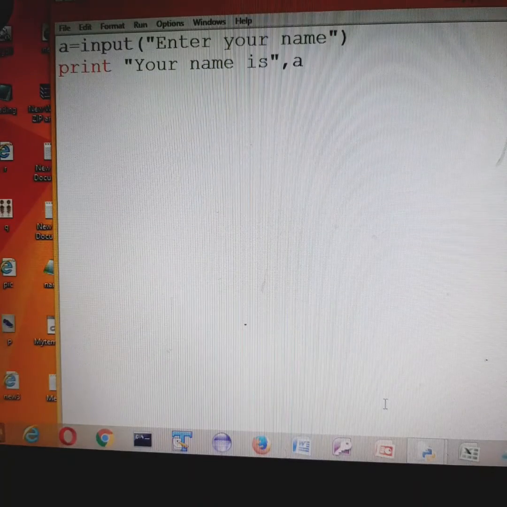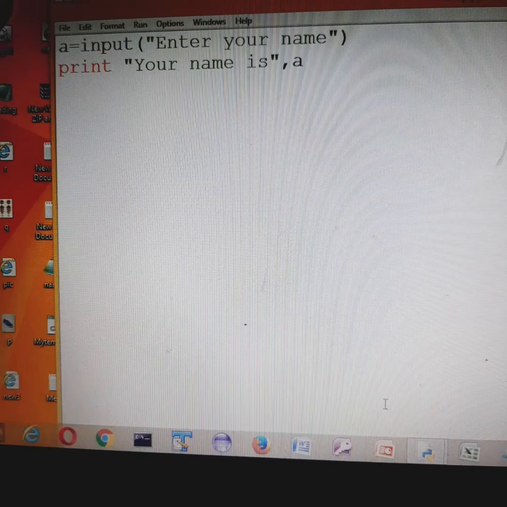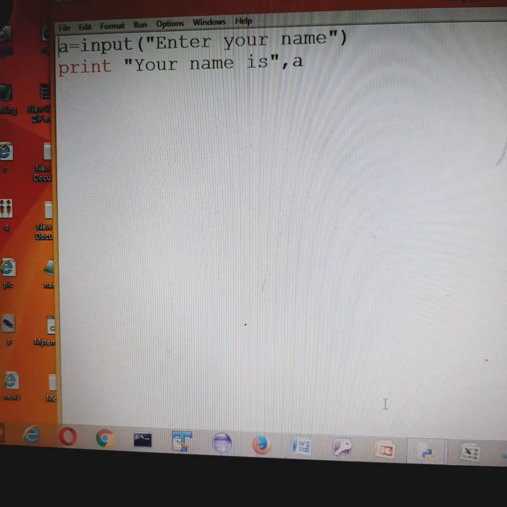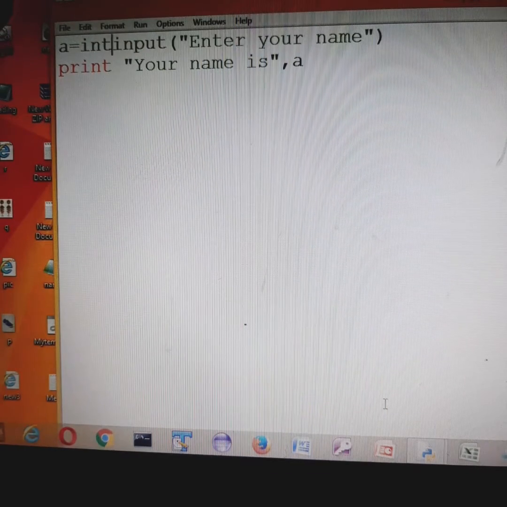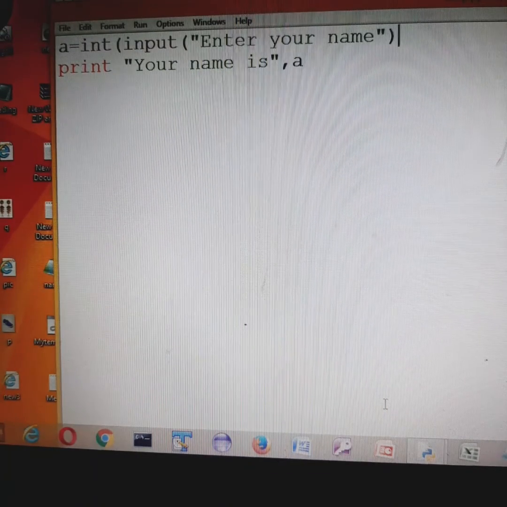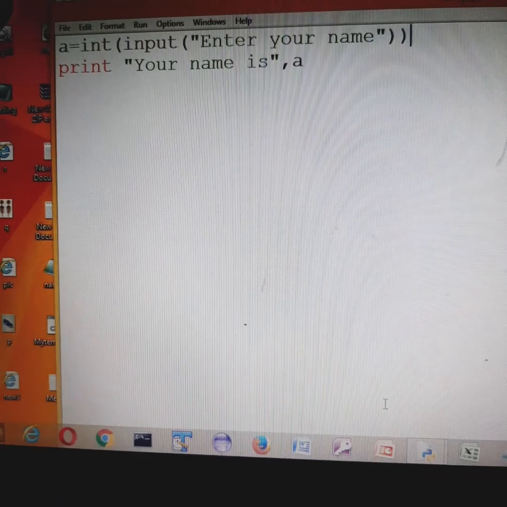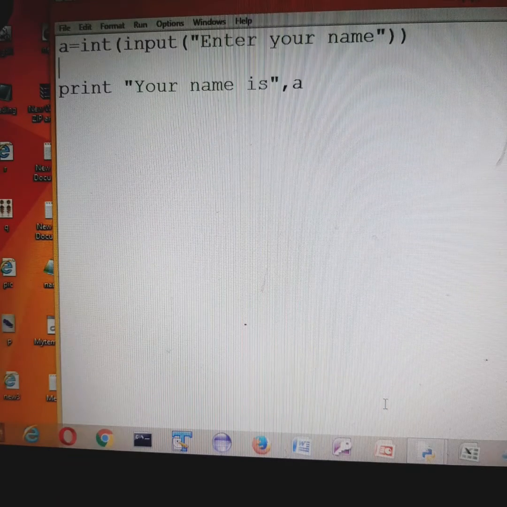This was my program. But if I want to take two numbers and add them in the same program, input is not going to help you. Input always takes the inputs as strings, so you will have to typecast it to integer, and for b also.